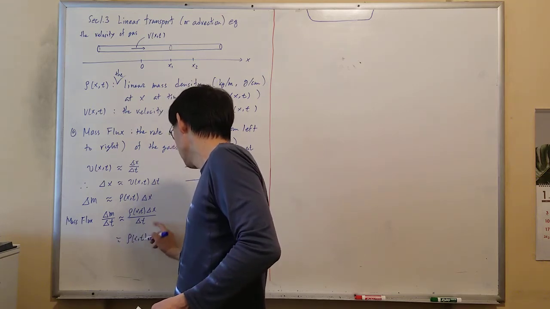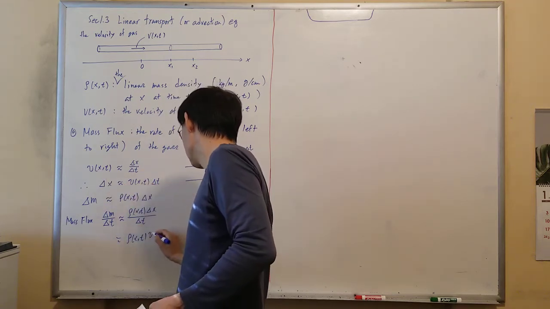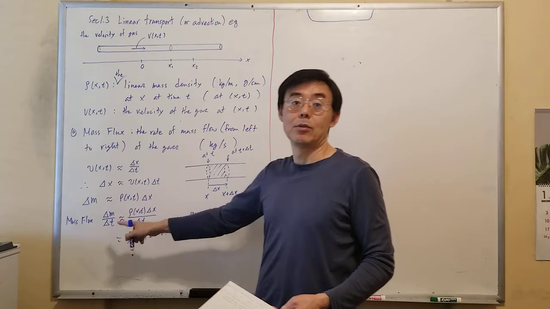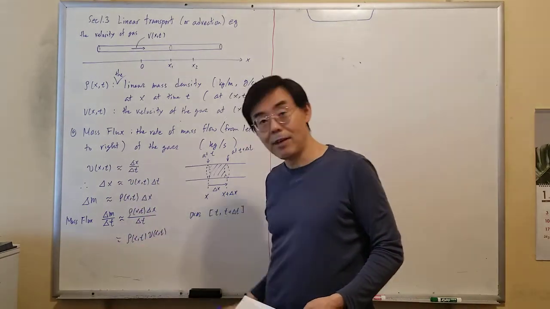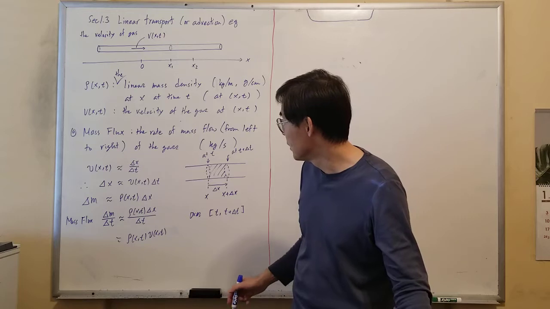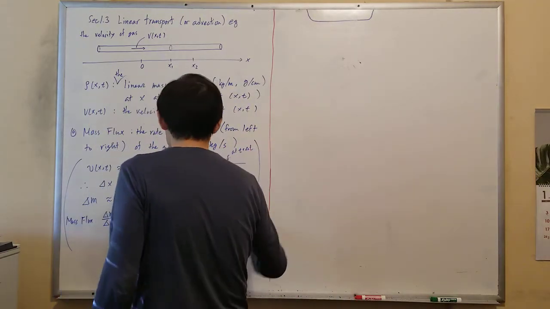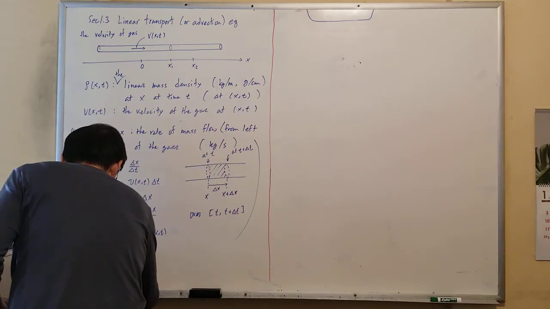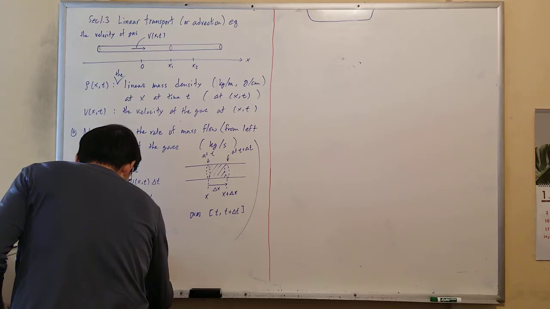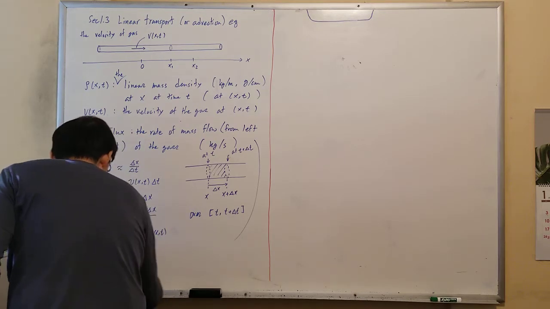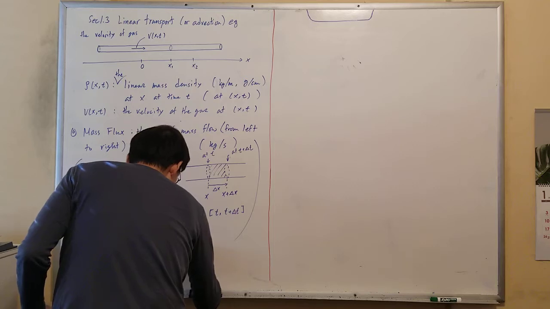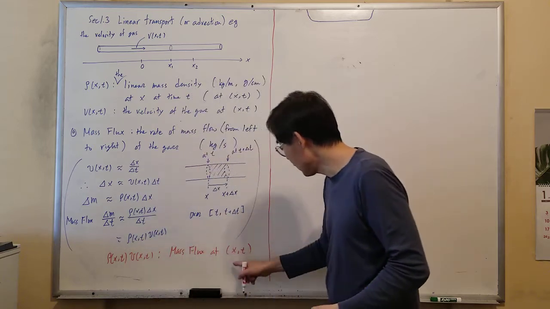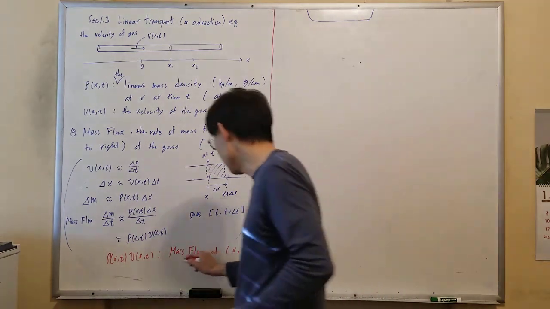Rho of x,t times delta x over delta t is v of x,t. If you take the limit as delta t goes to 0, that will be exactly this value. So our mass flux turns out to be this quantity: rho of x,t times velocity of x,t. This is the mass flux at position x, at time t. That will be the mass flux